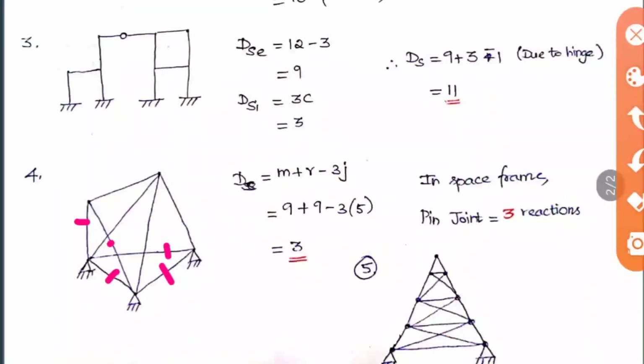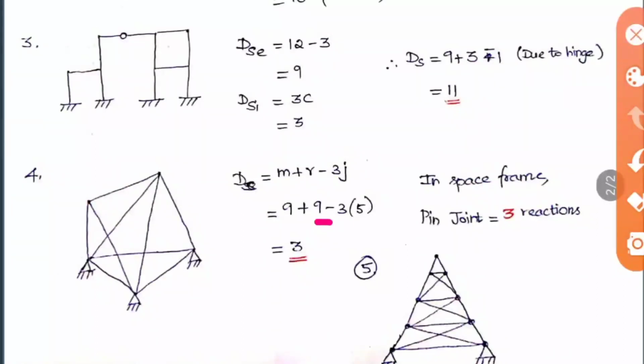And then if you see the reactions, here everything is a pin jointed reaction. For pin jointed we would normally take only horizontal and vertical, so it is 2, but not in this case because this is a space frame. I have told you already, in the space frame additional reactions will come for the joints, that is, for a pin joint it is 3 and for a fixed joint, that is a rigid joint, it is 6. So here it is pin jointed in the space frame, so we should take 3 reactions only. So here 3, here 3 and here 3, so 3 cross 3 it is 9. So the R value is 9 here.